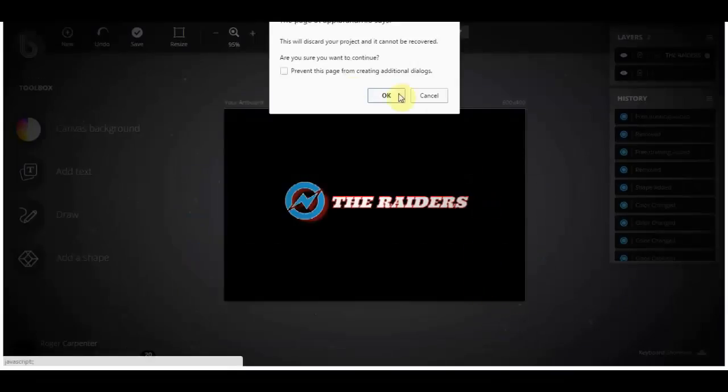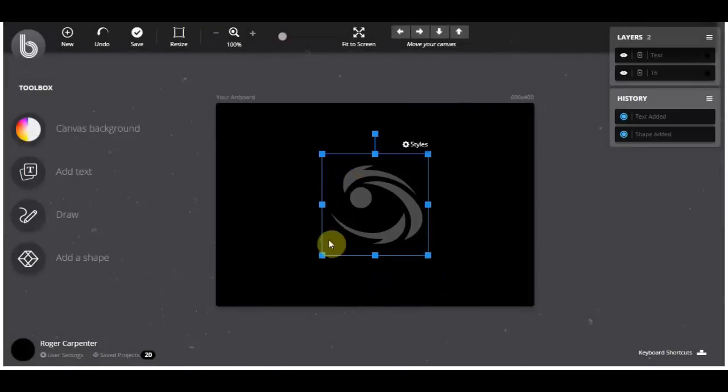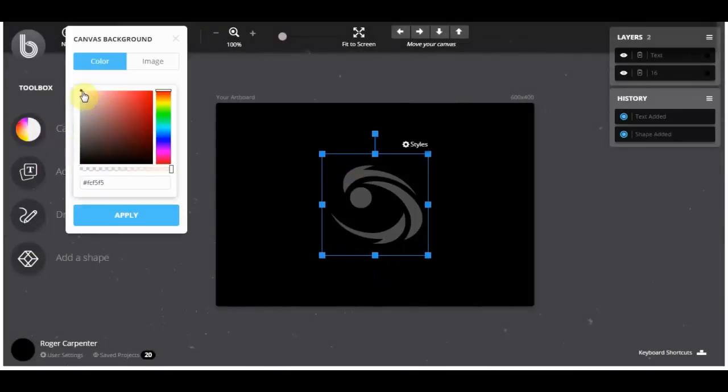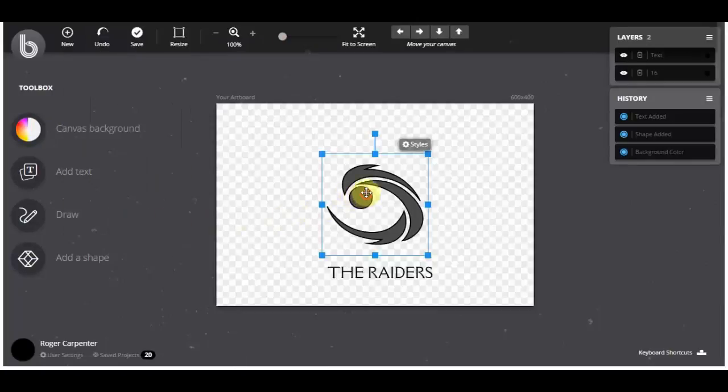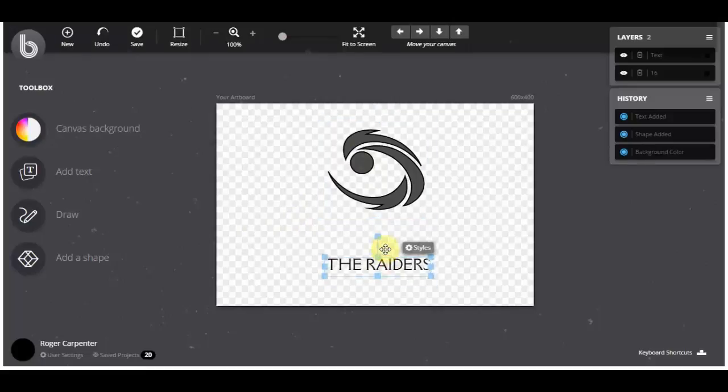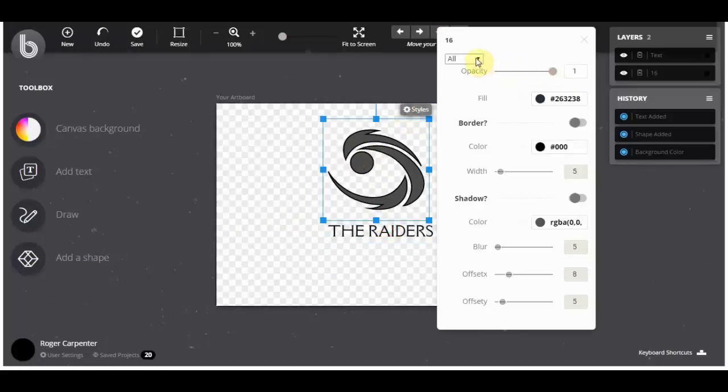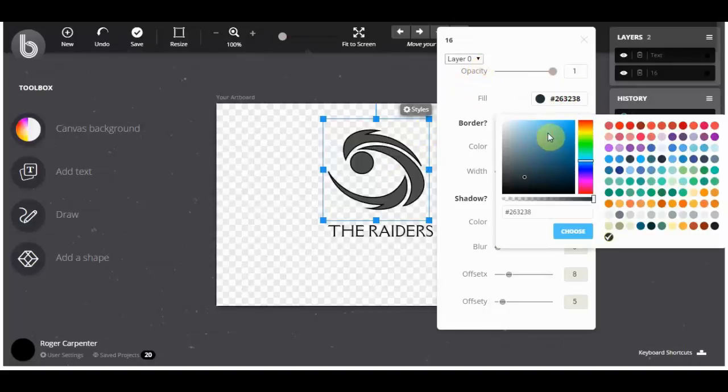Okay, so you click edit. You can change the background over here and the transparency. You can apply that, so you have your logo. If you want to change the colors, you can go here, click styles, and also you have different layers. So in this one we just have one layer, and if you pick layer it will sort of blink like this. Okay, so here you can change the color,